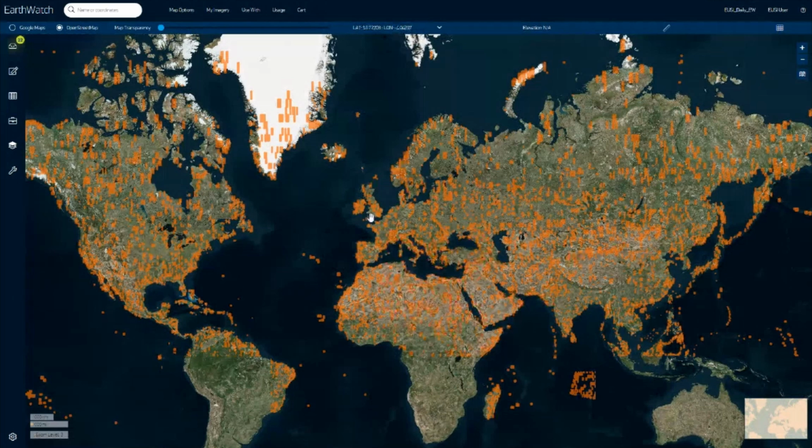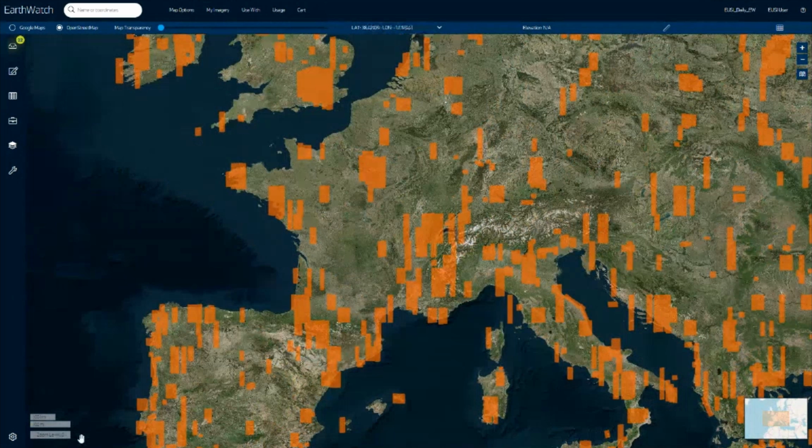And I can zoom. So we can have a look here on the bottom left corner. There is the scale bar, and the zoom level is indicated. It's quite important to have a look at this zoom level, because it is starting from zoom level 11 that the quota will begin to be consumed and DigitalGlobe imagery displayed.